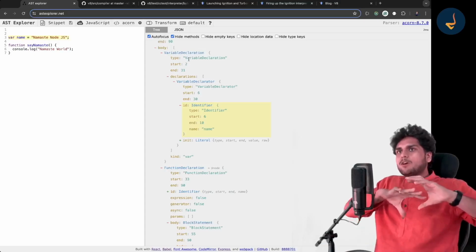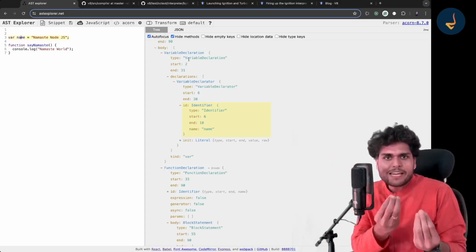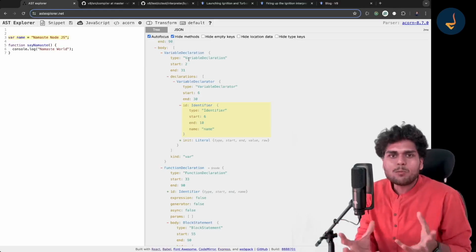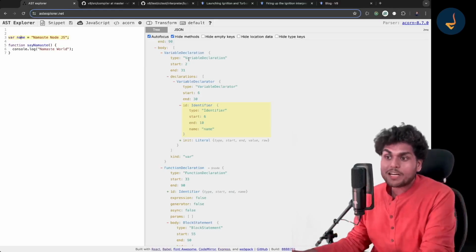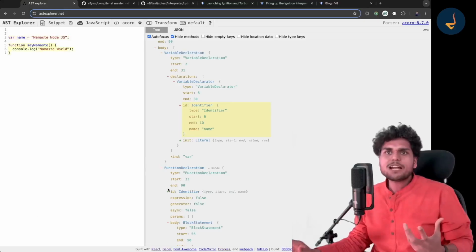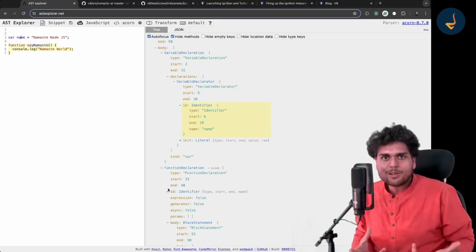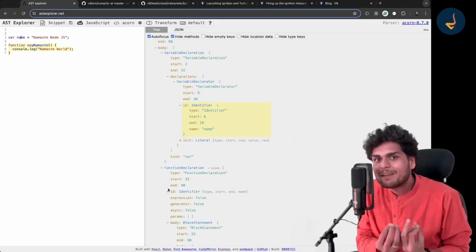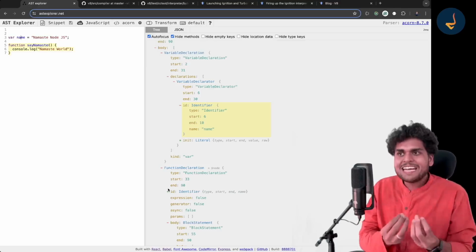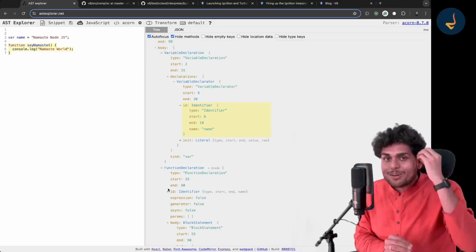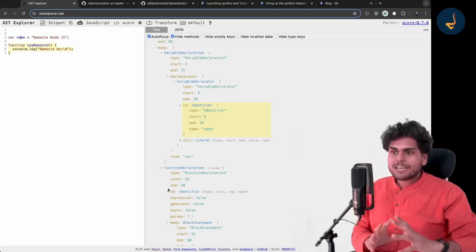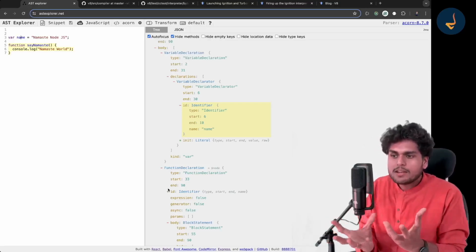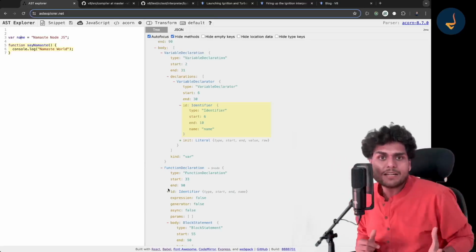See, it's a very complex topic. I am just trying to explain it to you in as easy a language as possible, right? Because this is very complex in itself, right? How the AST is developed, what all these pieces in there are. And let me tell you that, even if you don't know any of it, you can still write Node.js code. But what makes you a great developer, an interesting, curious and amazing developer, is that you know what happens behind the scenes. So I'm just planting a seed of curiosity in your head, my dear friends, okay? I'm not explaining 100% of everything, but I'm trying to make you curious that there are so many amazing things happening behind the scenes.